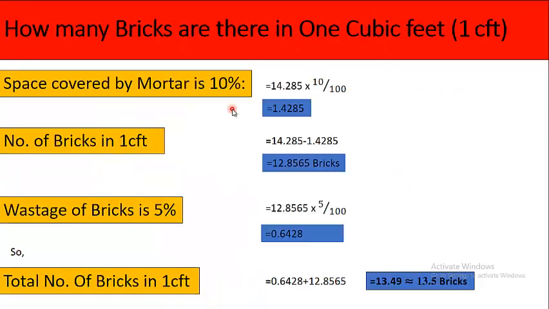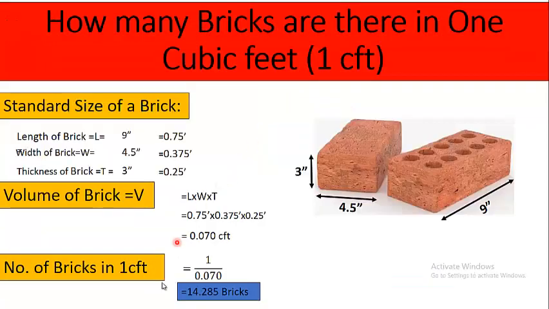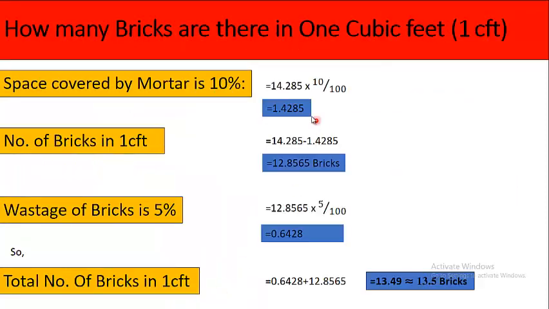As we know, in a wall there is some space occupied by mortar. Let's assume it's 10%. So to deduct this volume, we will use 14.285, that is the value that we get in the previous slide. 14.285 multiplied by 10%, so we get 1.4285 bricks in 1 CFT. So by deducting this value from the previous value, 14.285 minus 1.4285, we will get